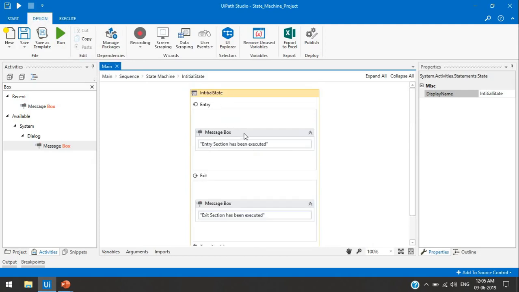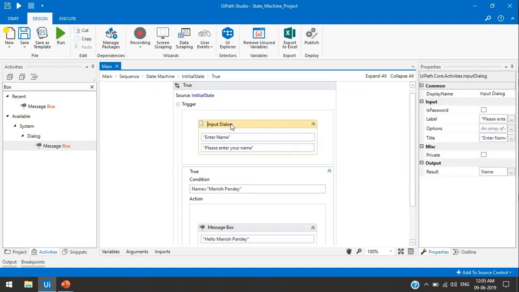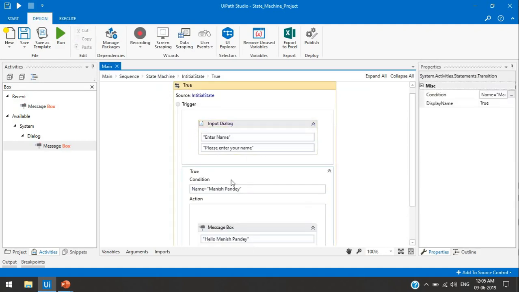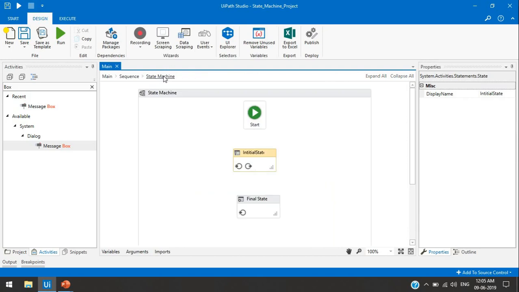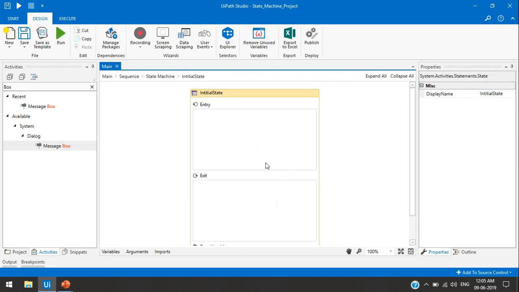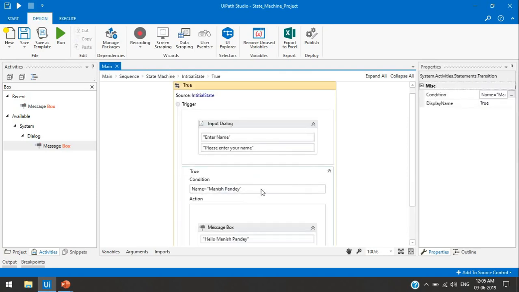First it will run the entry section of any state, and then it will go to the transition, whatever transition there is, then it will run the trigger part, right? And then it will check the condition. If the condition is true, then it will go to the initial state and run its exit section, and close the initial state. It means now there is no use of the initial state, it has completed the exit section. After that it will go to the action part. It means if it is true, it will show hello Manish Pandey, and then after that